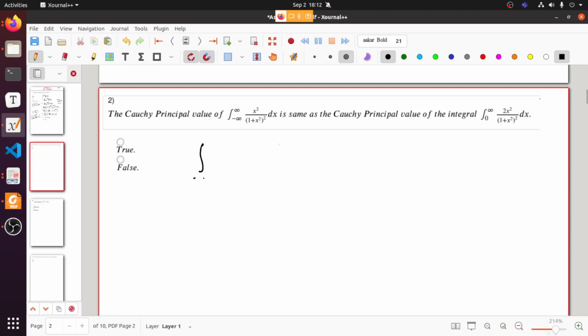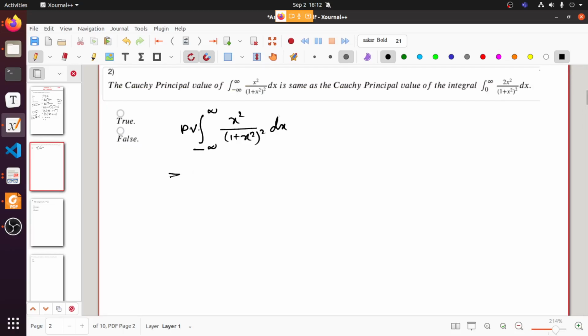So you have to compute this integral, integration minus infinity to infinity x square by (1 plus x square) whole square dx. You have to find the Cauchy principal value. How is this defined? Because infinity here is treated as a singularity, you have to take the symmetric neighborhood, so limit m tends to infinity, minus m to m. You have to take this symmetric, here minus m, here m, and x square by 1 plus x square